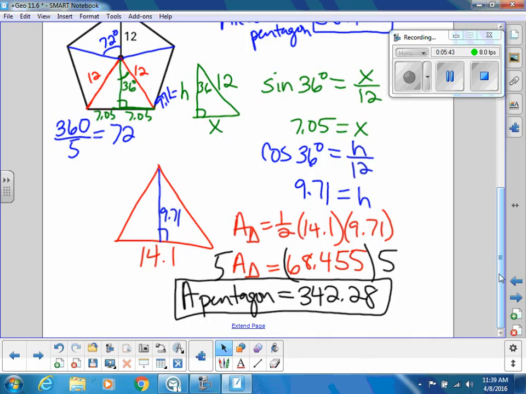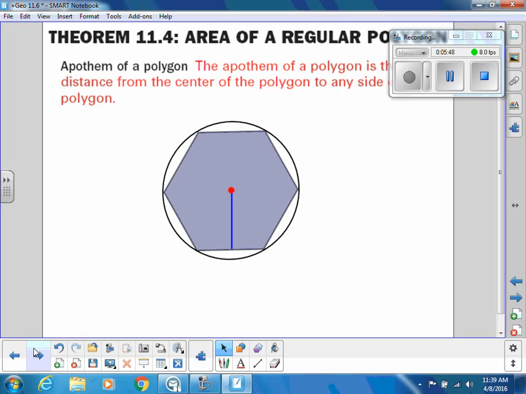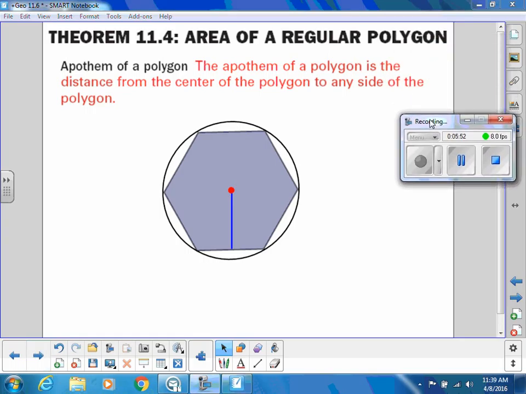So we've done a bunch of different examples using triangles, but I want to talk about another way of thinking about area of a polygon, a regular polygon, that is. And first I need you to know this new vocabulary word. It's called apothem. The way you say that, it kind of sounds like you're saying opossum with a lisp. All right, so apothem. And all that is it goes from the center and then perpendicular to the side,